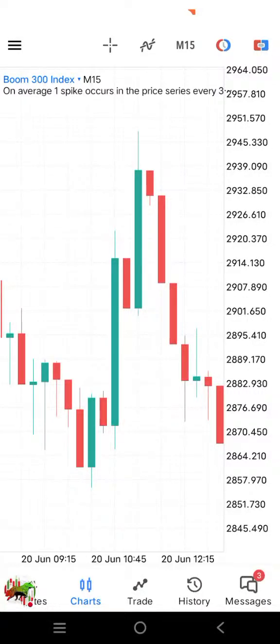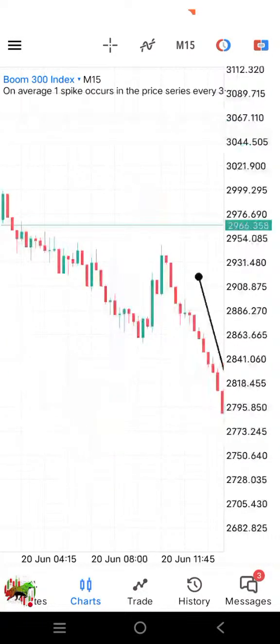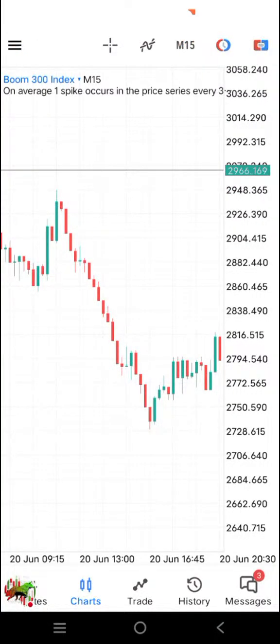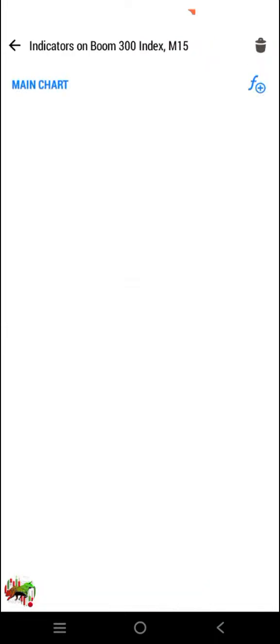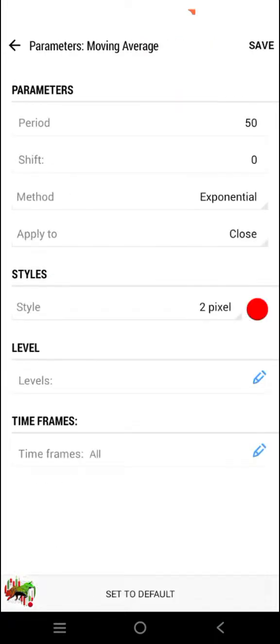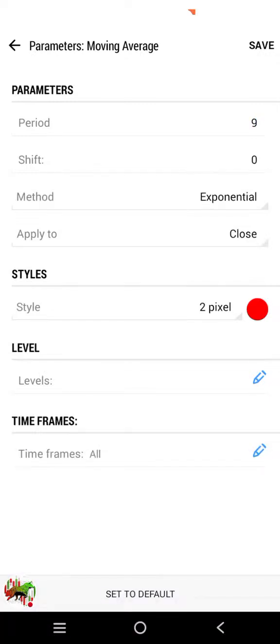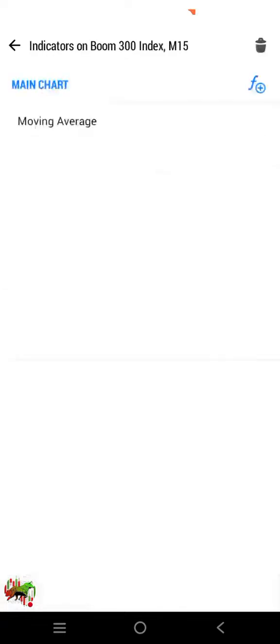How to confirm this with a moving average? Let me give you another tip. Go to moving average, a 9 period exponential moving average. Apply to close, because we need to look at the close of the hammer candle for next candle confirmation. Click it, save. So each time in a sell move, the hammer